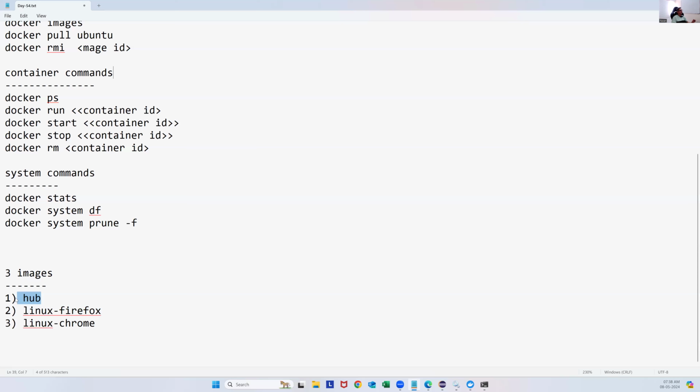One image I'm trying to use as a hub. Another image I'm trying to use as Linux Firefox. This is one node. And another image, Linux Chrome, I'm going to use as another node. So one hub, two different nodes totally. So first we can download the images. From there we can create containers, or we can directly create containers by downloading the images